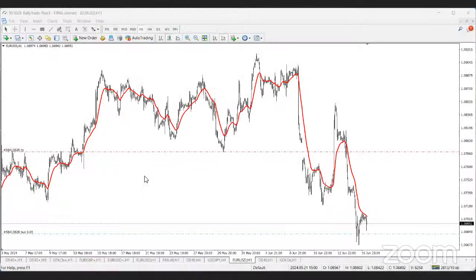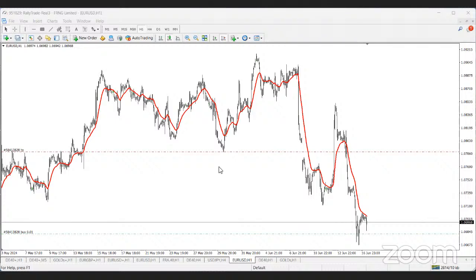So let's go to what we'll be looking at today. The first thing I want to do is go on to my browser and share my screen with you. Before I jump into technical analysis or looking at candlesticks or whatever EURUSD is doing, I normally like to check what the market is doing or about to do. So today is Monday, I'll just connect to Forex Factory and share my screen with you.